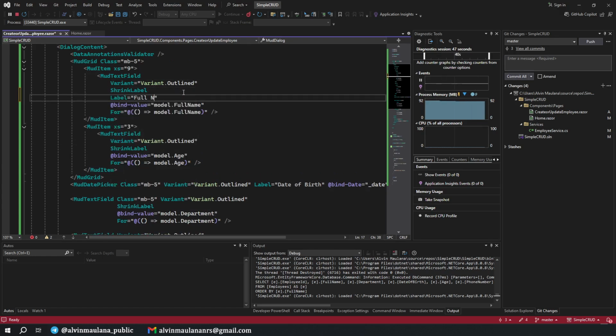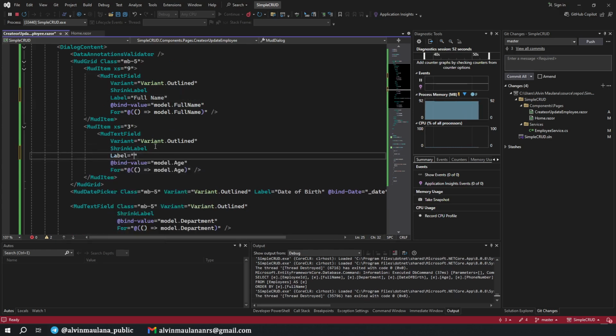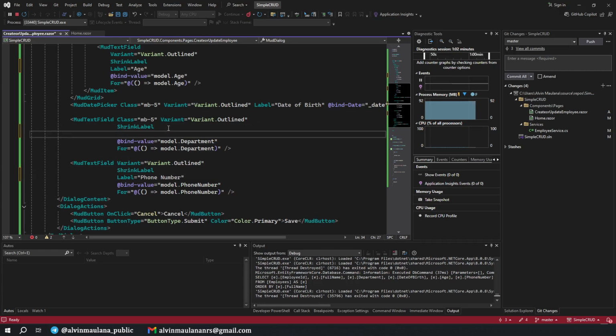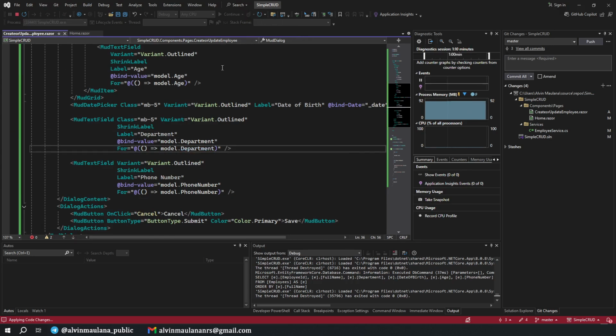This one is full name. This one label is age. Label for phone number, and label for department. Okay, save it, and we can hot reload and try to see.